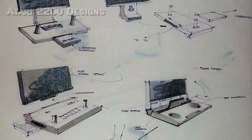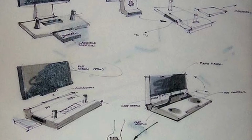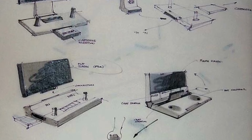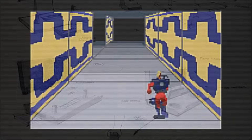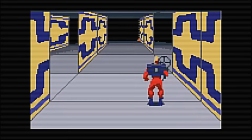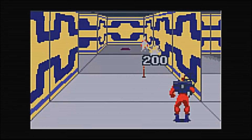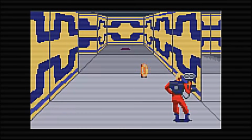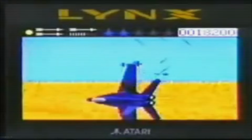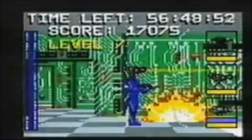Yes. Atari had attempted to produce their own portable machine, the Atari 2200, but were experiencing a few issues around design and implementation. Blessed with many innovative features, the system showcased by Epyx was at the cutting edge of design, poised to have a colour LCD screen and incorporate 16-bit design elements. It was agreed that Atari would manufacture and market the handheld, and Epyx would supply the games. This allowed Atari to enter the handheld market with very little work or investment. With a handheld in the bag, which would soon adopt the Lynx name, it was time to look at the